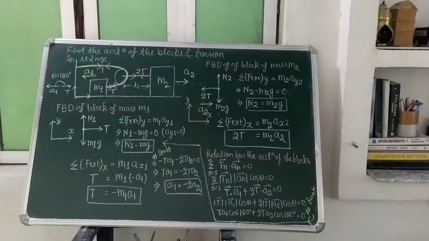Of course, students, when we apply Newton's second law for the block of mass M2 in the x direction, here the negative sign will come. It will become minus twice of T, because this 2T is on the negative x side. So negative 2T will be equal to what? M2 A2. Okay, it was my fault. I'm sorry for that. Please correct it.